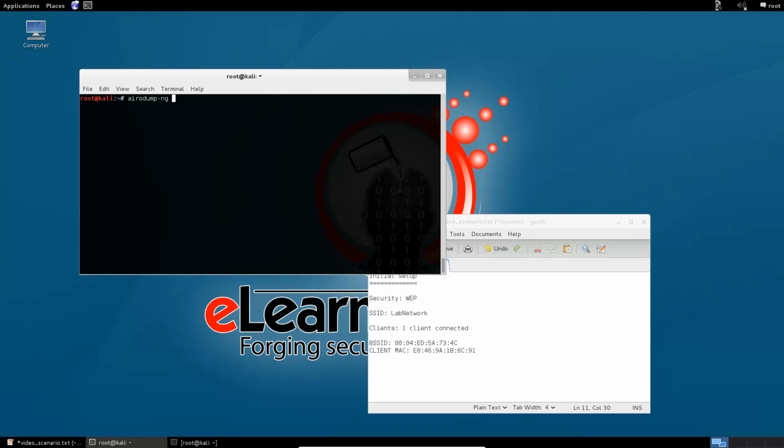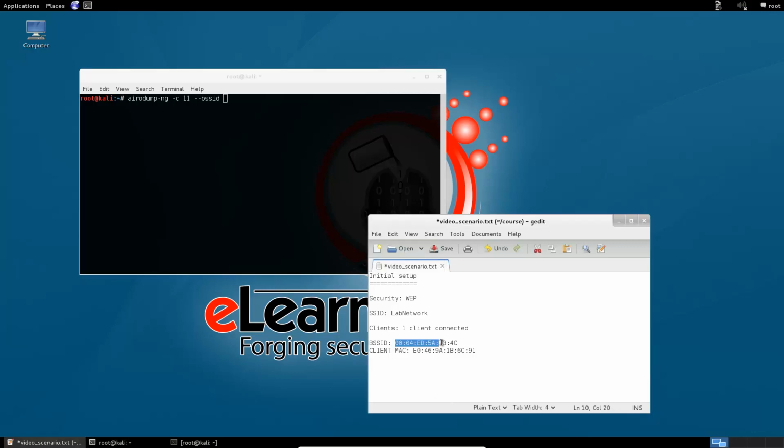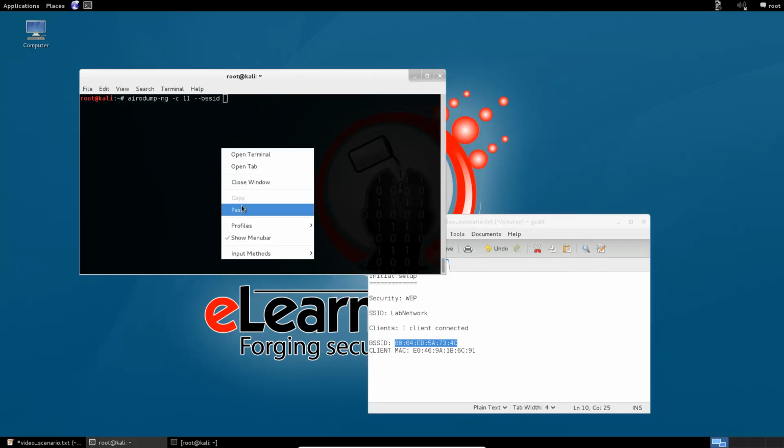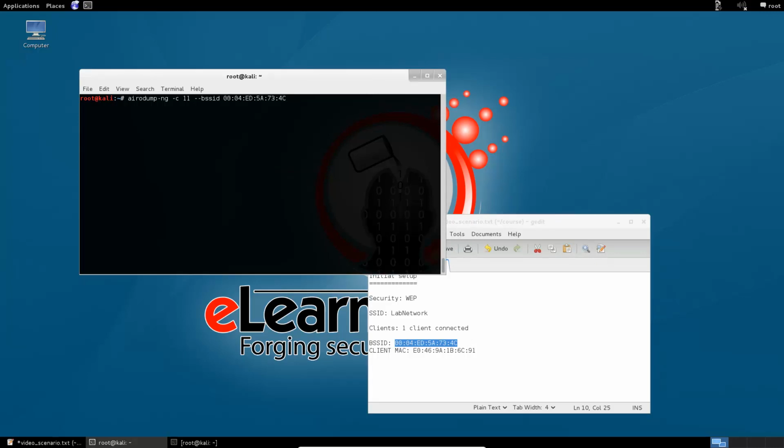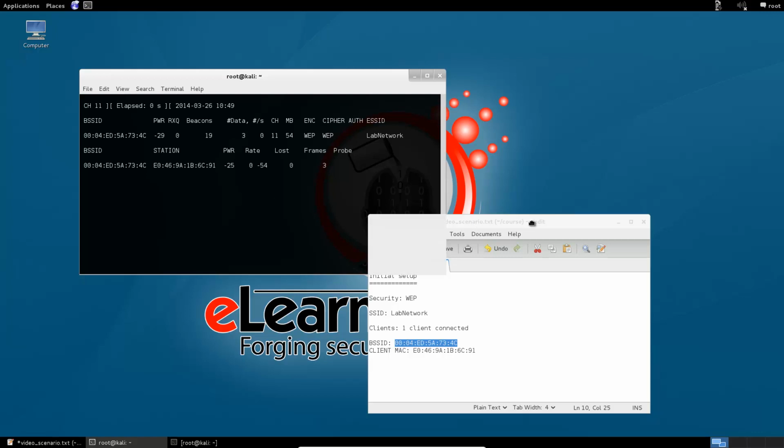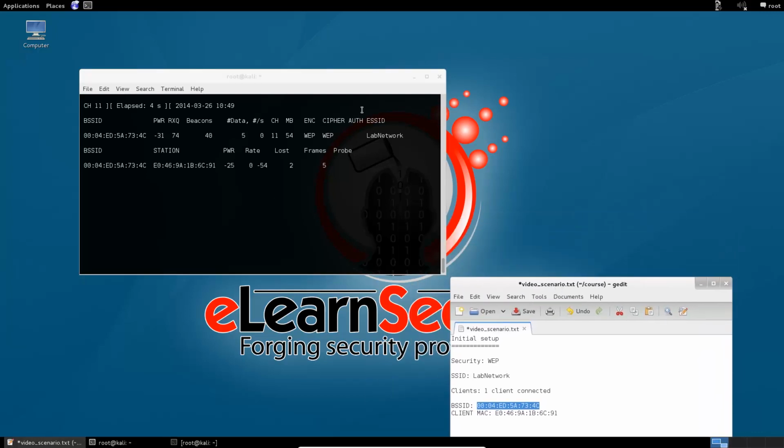We just need to lock it on the target channel and enable saving captured frames. To do this, let's type this new command. As you can imagine, we are filtering by network BSSID. We also supply the suffix for the output .cap file. Run the command. You will need to leave the AeroDumpNG window open through all the attack session in order to continuously collect wireless frames. Remember that we need to gather a sufficient amount of data frames to be able to